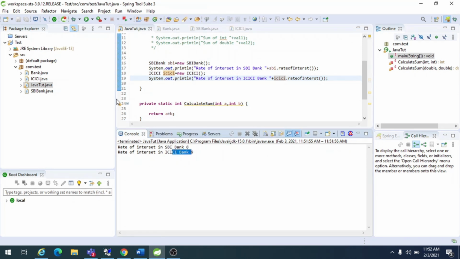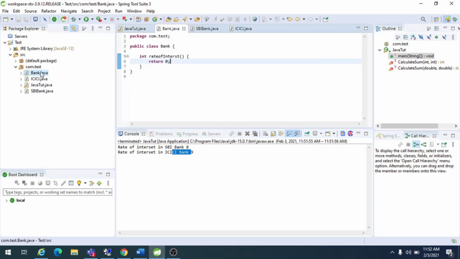Method overriding is very helpful when you are giving a jar, or when you are trying to develop a framework. The interest rate we are overriding varies from bank to bank.